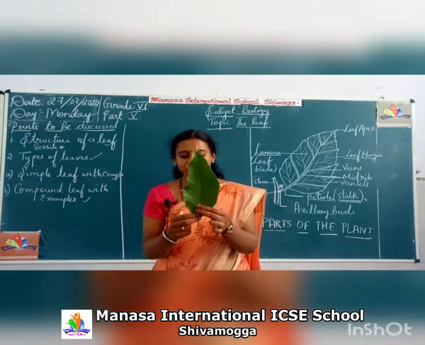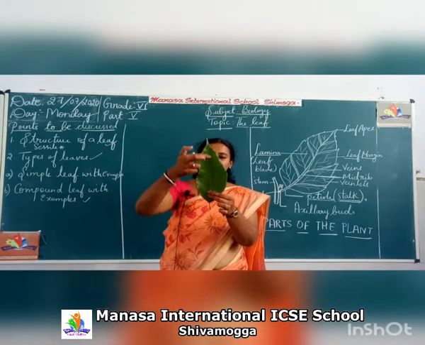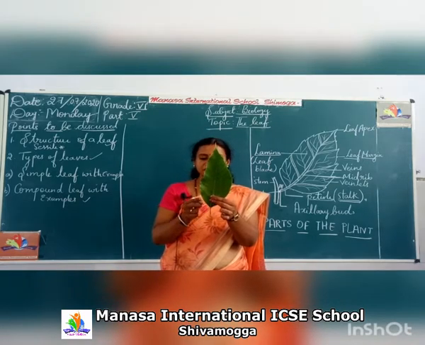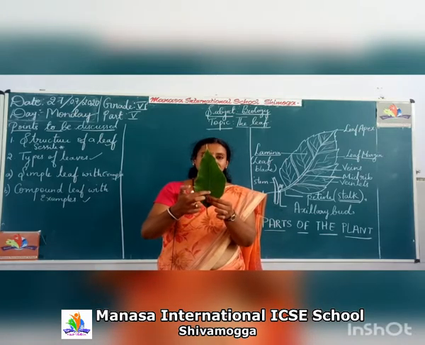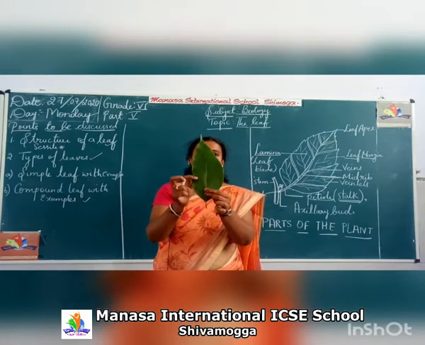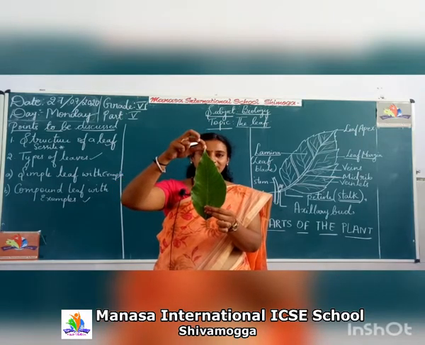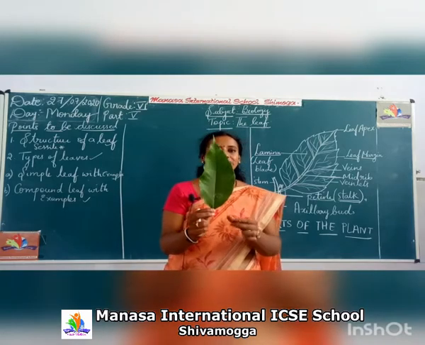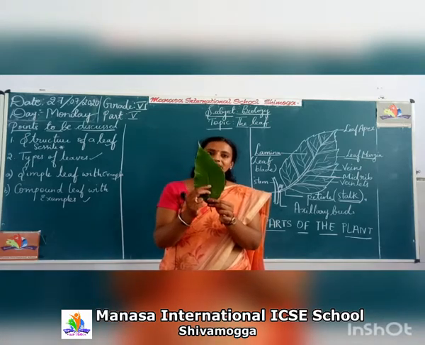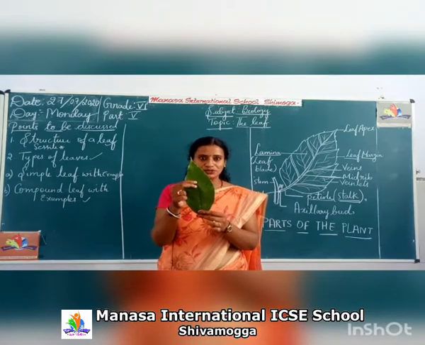What are all the parts we discussed today? Petiole or the stalk, then this will continue to midrib, leaf lamina, or it is also called leaf blade, and this is the leaf margin, right? The midrib gives rise to veins, and again further it is divided into smaller veinlets, and the tip of the leaf is known as leaf apex, right? This is the complete structure of the leaf. So dear students, while watching, just place one living leaf beside you and start observing and understanding the different parts of the leaves, right?